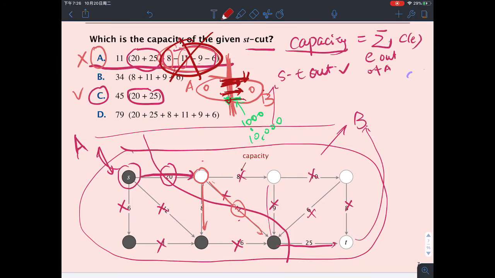So that's the reason that we do not need to subtract all the value that's moving from B to A, right? So long as there are bridges moving from A to B, we just count the capacity of those bridges. We don't count the capacity of the bridges from B to A. So C is correct, A is not correct, and the intuition is that we don't care about the backward traveling, especially when we want to connect the min cut with the max flow,